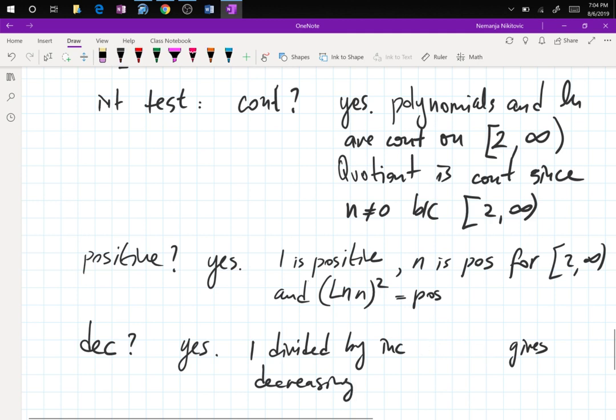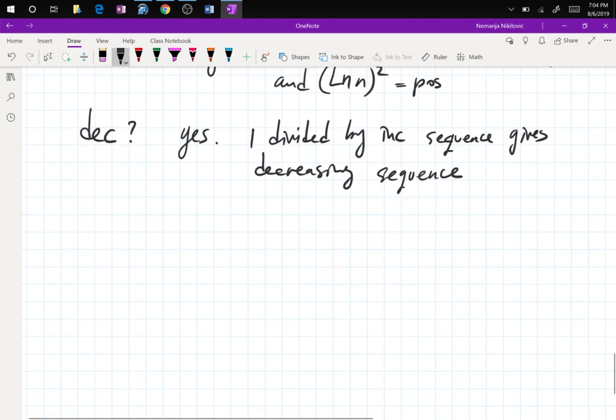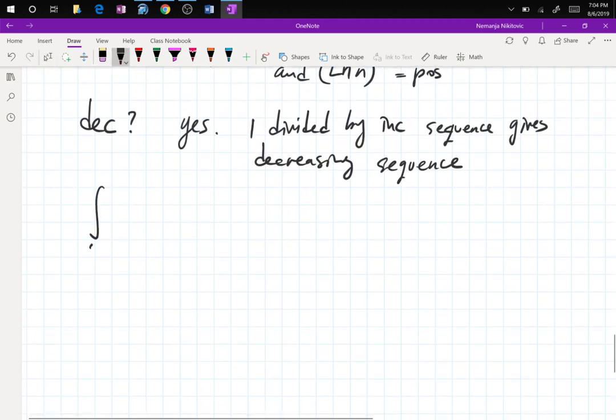Increasing sequence gives decreasing sequence. That's 1 over 2, 1 over 3, 1 over 4, 1 over 5, whatever they are. So now that all conditions are satisfied, we can integrate 2 to infinity, 1 over x ln x squared dx,